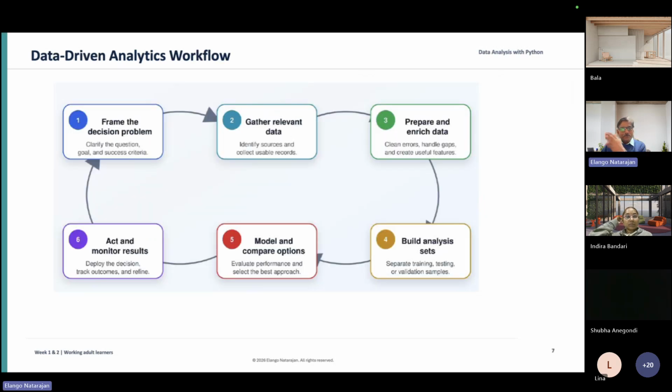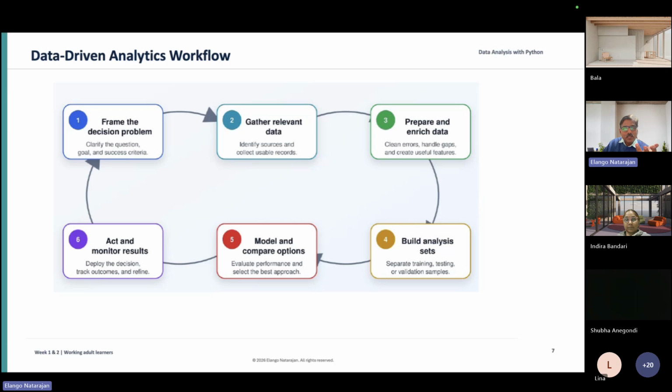All good. As I said, this is the process: the data-driven analytic flow. You will frame the decision problem. You will set the goal, what you want. Then you will collect the data from different sources. Then you will do some cleaning operations and prepare your data for analysis. Then you will go for analysis. You do descriptive analysis, testing, and all these things,